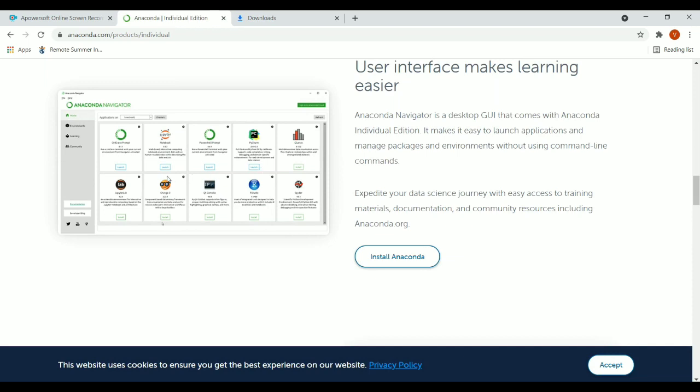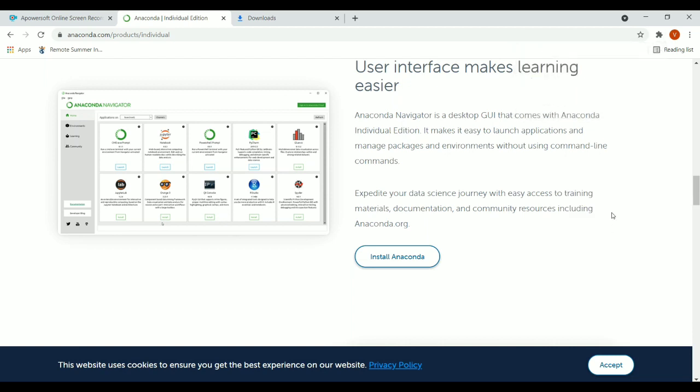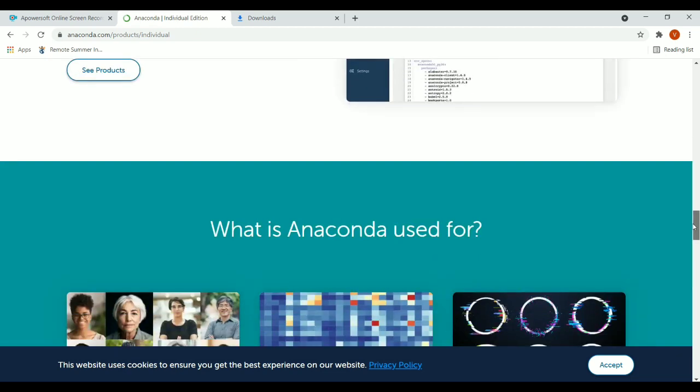Similarly, these are the other tools provided by Anaconda. Jupyter Lab is similar to Jupyter Notebook. These are the other platforms provided by the Anaconda prompts. RStudio is used for the R language. Spyder is similar to Jupyter Notebook only. These are the different visualization-based platforms, like Orange, and these are the visualization-based coding platforms which we can use for coding. So this is the UI for Jupyter Lab.